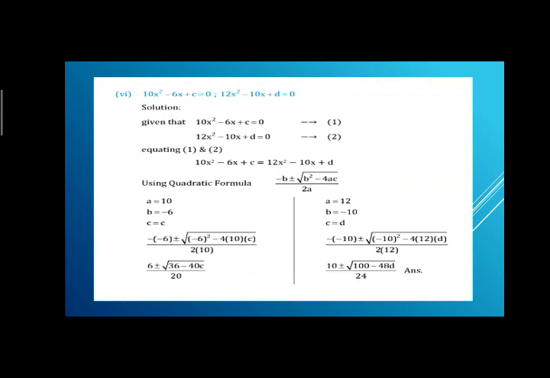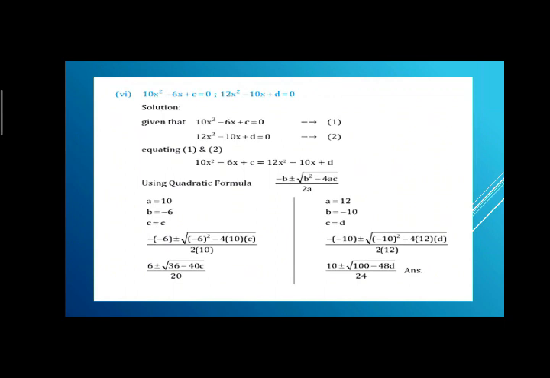And for the right hand side, a is equal to 12, b is equal to minus 10 and c is equal to d. Now just put the values of a, b, c in the quadratic formula for further simplification. So here we have the formula in which we have put the value of minus b. Then you just write minus, and the value of b is minus 6. Then minus is multiplied with minus, then it becomes plus. So minus into minus 6 plus minus under root (minus 6) whole square minus 4 into 10 into c, divided by 2 into 10.